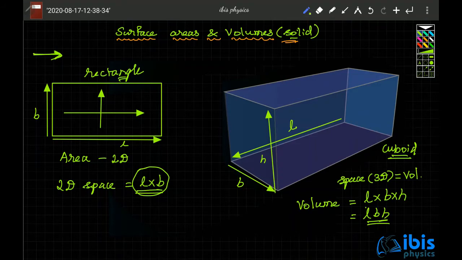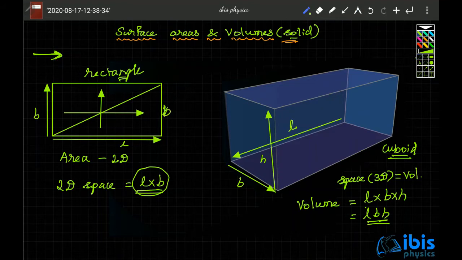Okay, this is the three-dimensional space. And what other things can we talk about in three dimensions? You must have done this. From this corner to this corner, if you draw a line, this is what we call a diagonal here. This is length L, this is breadth B, which means this distance is also B. So this is L and this is B. According to Pythagoras theorem, this is a right angle triangle, this is L and this is B.